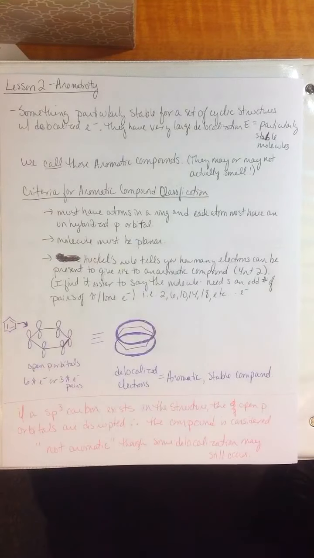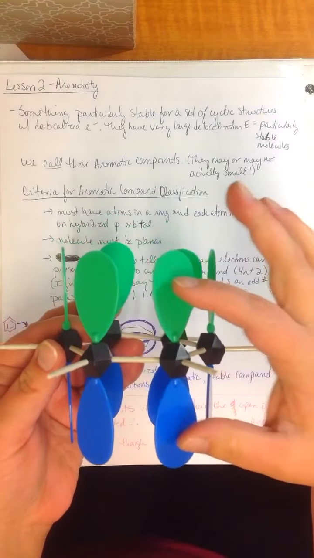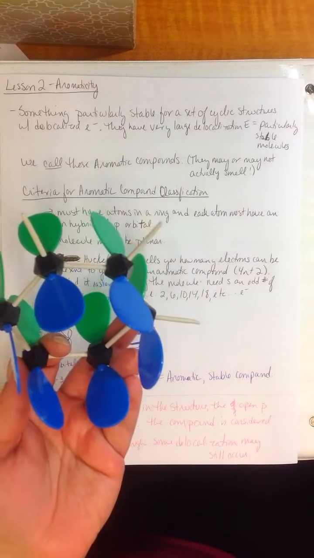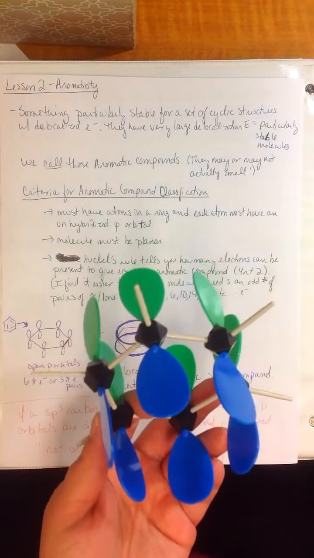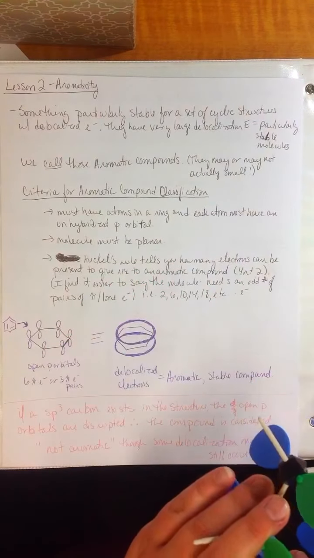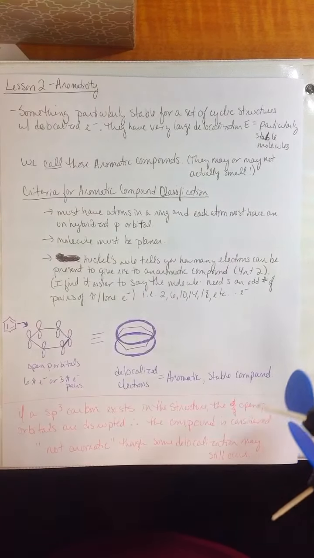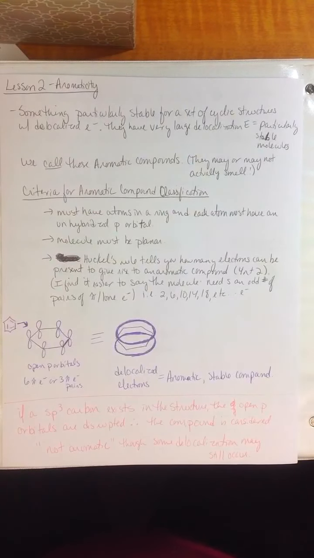In order to fit the criteria for being an aromatic compound, these atoms need to be in a ring. That's the first criteria. And each atom must have an unhybridized p orbital. Here's what I mean by that. They have to have an open orbital where there's p. In other words, they need to at least have sp2 hybridization. They can have sp, although that's rarely found in a ring, but sp2 is much more common, okay? That also means that if they have a positive charge on a particular atom, that is also indicative of an open p orbital. They have to be planar,